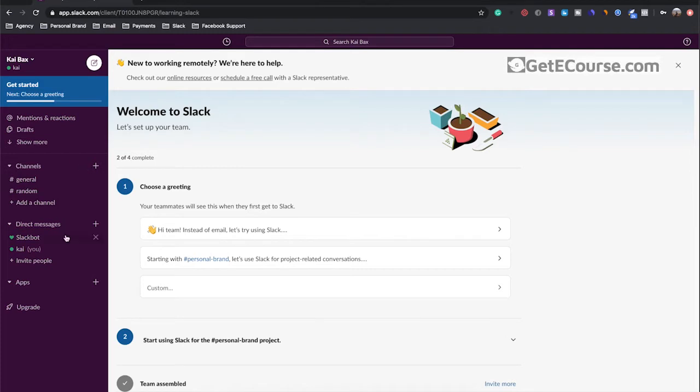Okay, so channels, first things first, this is where your client and your team member are going to have your communication. It's going to be within a channel, okay? Because as I say, as the name states, you can have multiple people in there. So when you onboard a client, you're going to create a specific channel for each client individually. And then, as I say, you've also got direct messages.